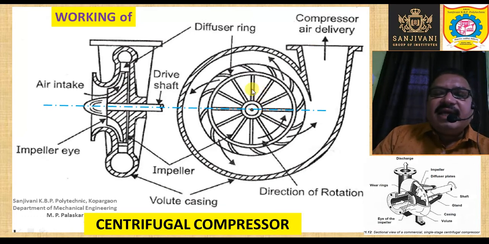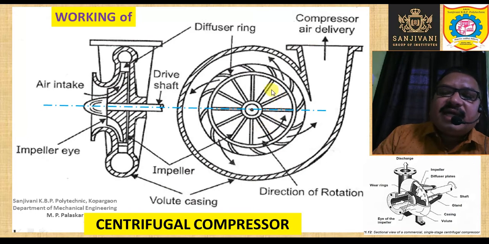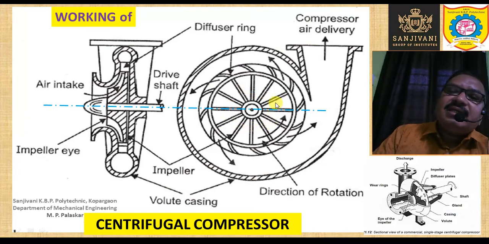Now as the air enters inside the centrifugal compressor, it comes in contact with the impeller, especially the vanes of the impeller. So these vanes of the impeller, which are rotating along with the impeller disc, will impart kinetic energy to the air. So the kinetic energy of the air is increased, and up to some extent the pressure of the air is also increased inside this particular impeller. So energy transfer from the impeller to the air is taking place inside the impeller, right?